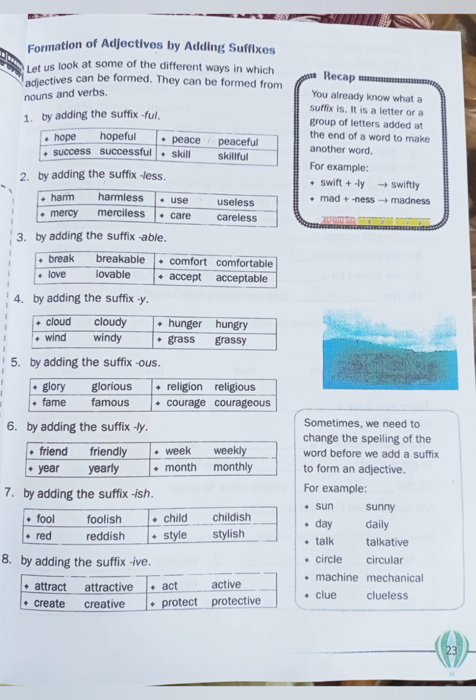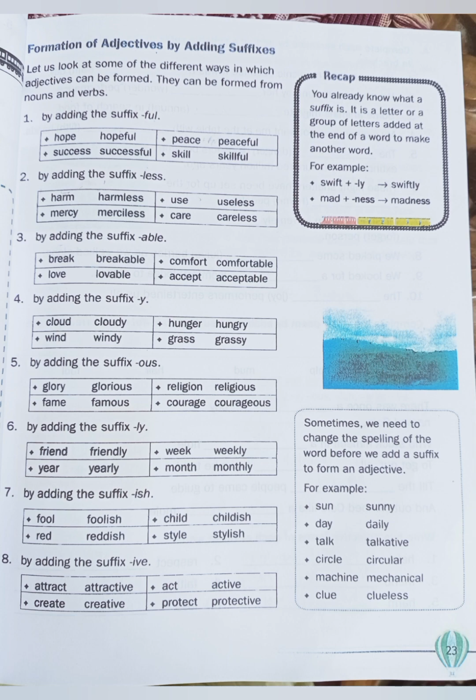6. By adding the suffix ly. Friend, friendly. Year, yearly. Week, weekly. Month, monthly. 7. By adding the suffix ish. Fool, foolish. Red, reddish. Child, childish. Style, stylish. 8. By adding the suffix ive. Attract, attractive. Create, creative. Act, active. Protect, protective. Sometimes we need to change the spelling of the word before we add a suffix to form an